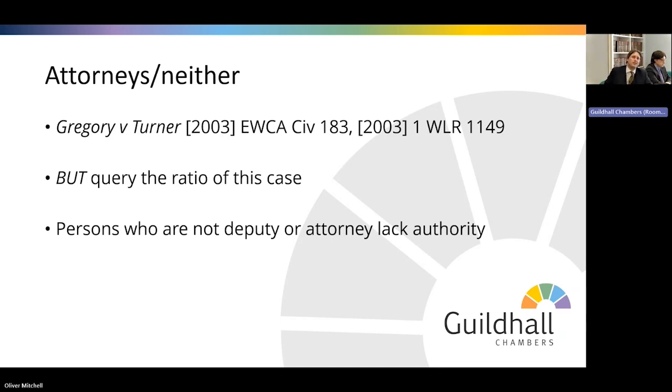But effectively, it's dealing with the question of whether a litigant in person's ability on their own behalf to conduct their own litigation and to appear in court on their own behalf can be handed over by way of agency or attorneyship to somebody else,